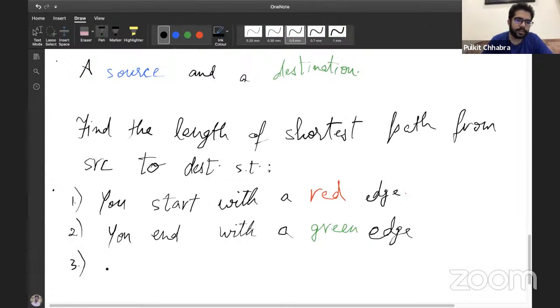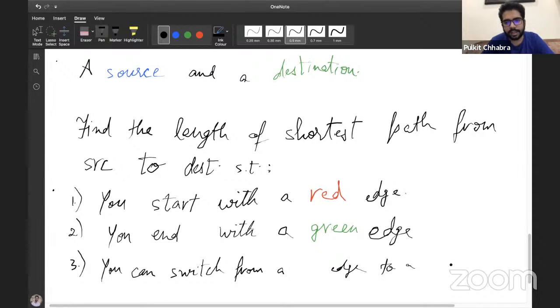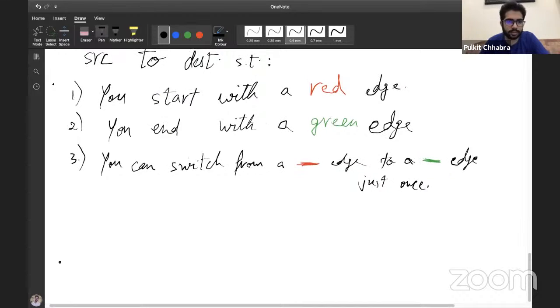And third is you can switch from a red edge to a green edge just once. So you start with a red edge, you end at a green edge, and in between, you can switch from a red to green just once.